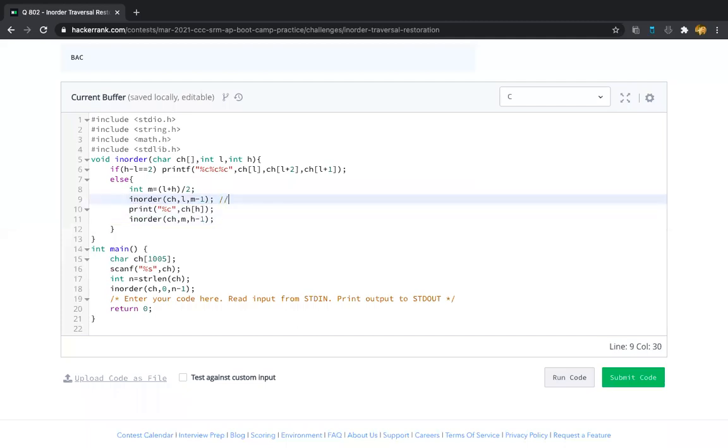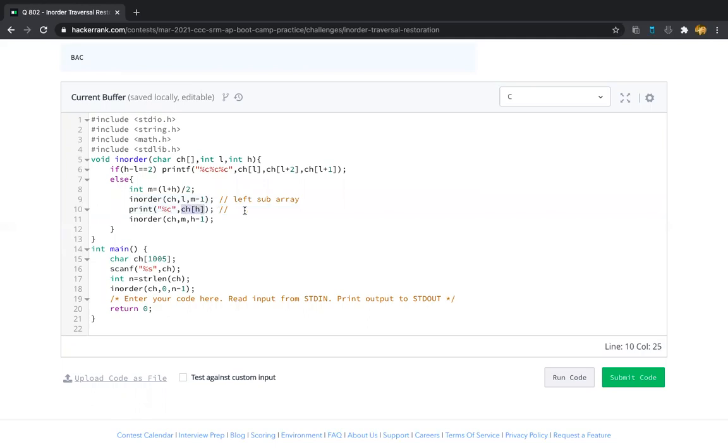Now let us see these 3 statements again. This is for the left subarray. After completing the left subarray, we print the root, right? Root is at the end of the post order traversal, so we print the last character in the array, ch of h.